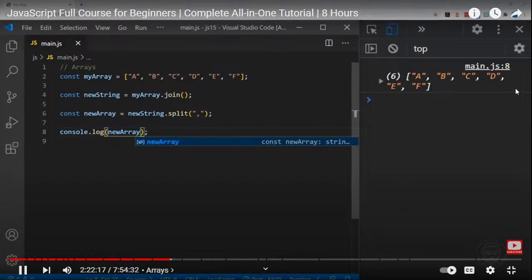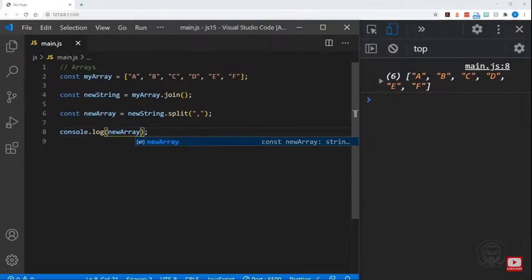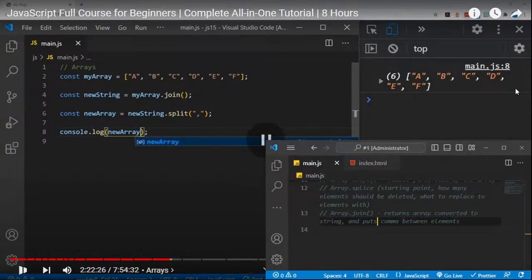So you can see we can take an array, turn it into a string. The string will be comma delimited by default. And then we can split a string